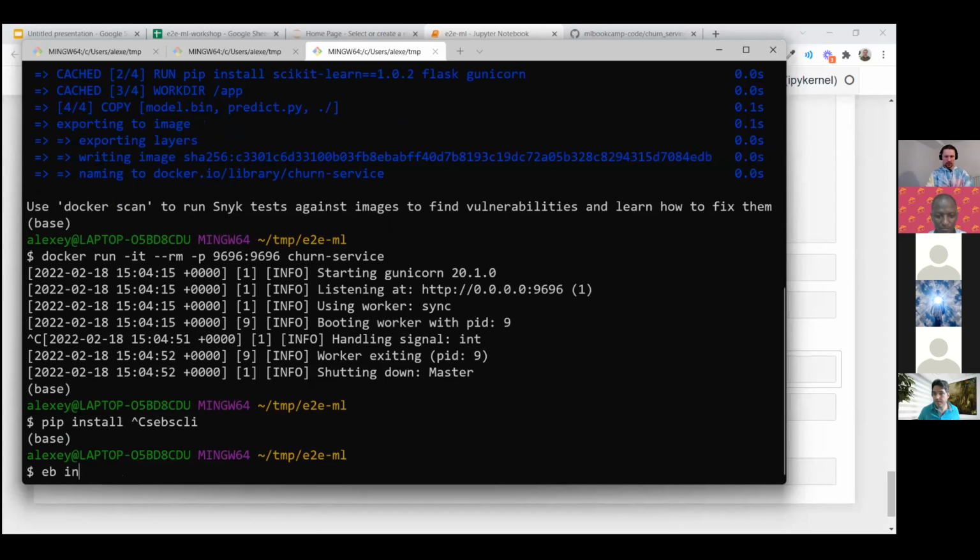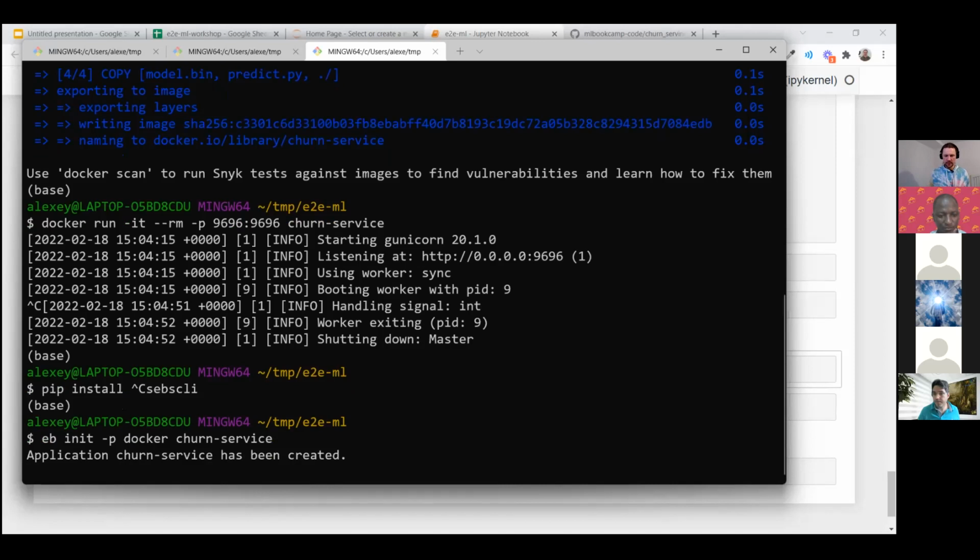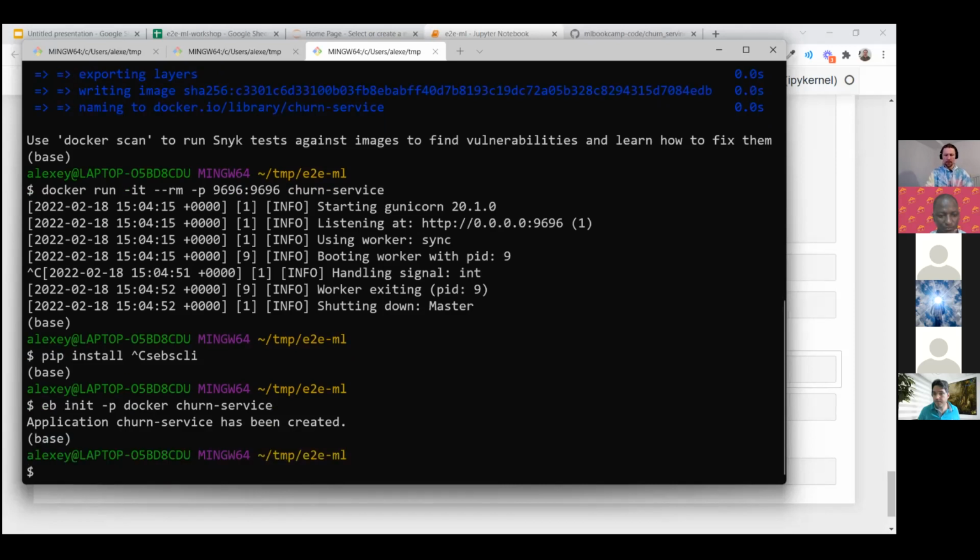I need to do initialize, and then -p to say what the project type is. I'll say Docker. And then churn-service, the name of our service. So now it creates an Elastic Beanstalk project.